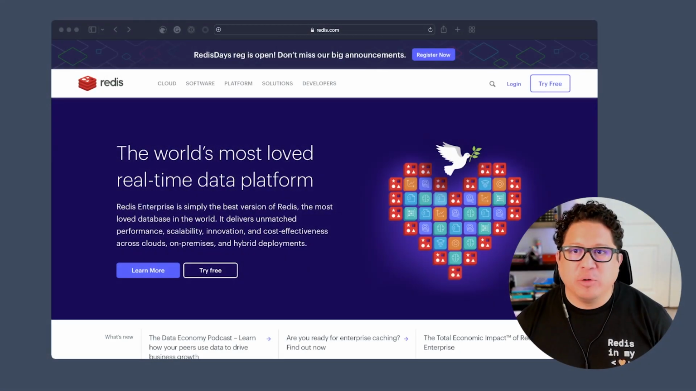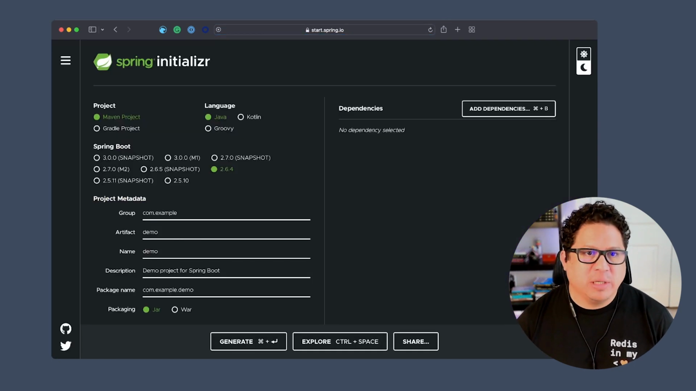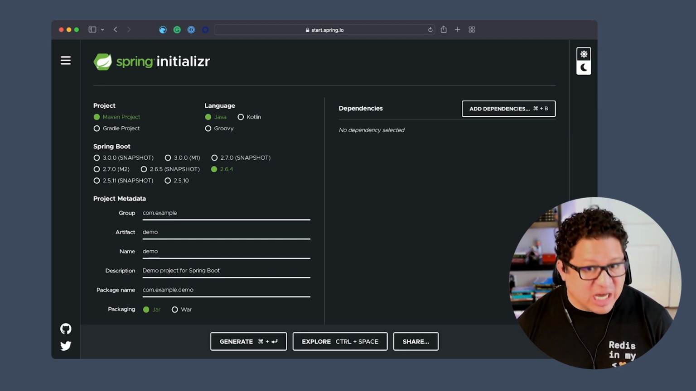So now I'm going to switch to the Spring Initializr. It's this nifty website that allows you to create a skeleton for your Spring Boot application. If you're a Spring developer, you probably use this every other day. So we're going to build a Maven project using the Java language. We're going to stick with the Spring Boot release, which is 2.6.4, and we'll make a few changes here to